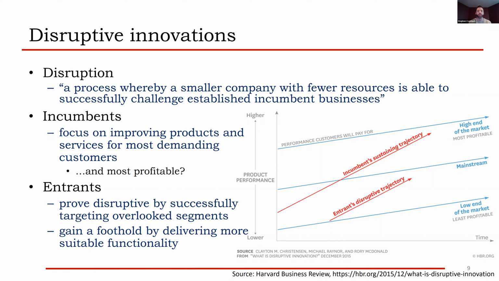So disruption is really a process, in this context anyways. A disruption is a process where you can consider how a smaller company, whether it be an actual business or a researcher like myself, who will in almost all cases have fewer resources, whether that be access to funding or human hours to do development, how can a company who is smaller and has fewer resources actually disrupt or change this established or incumbent business or process? And so this image on the right is a little bit cluttered in the way that it's displaying the information,